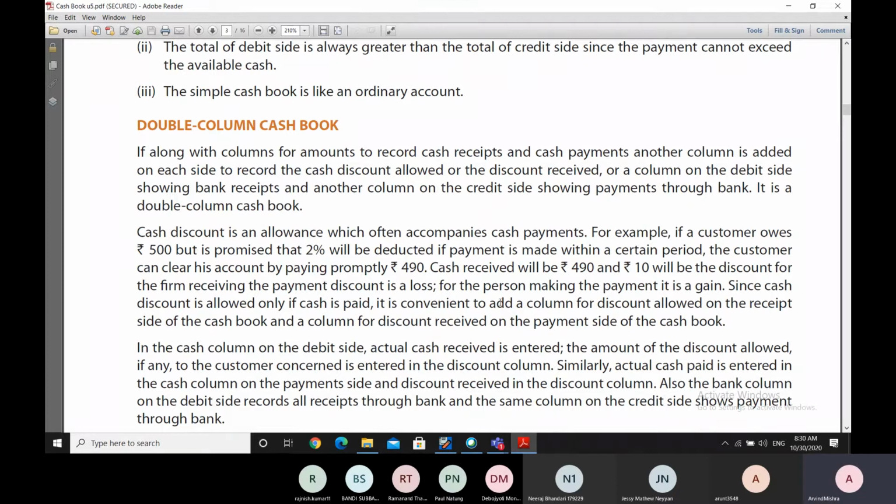It is very convenient that we should add a column for discount allowed on the receipt side of the cash book, where we are receiving the cash,